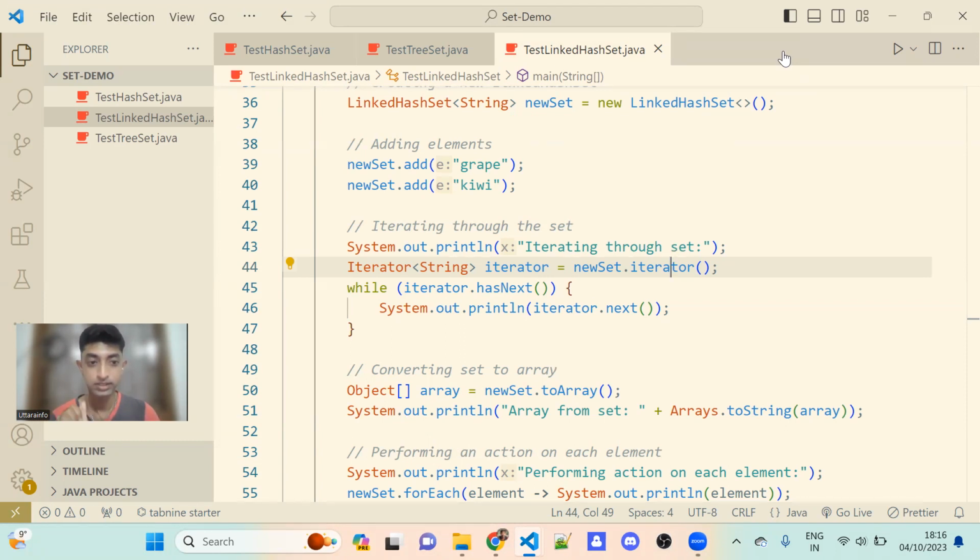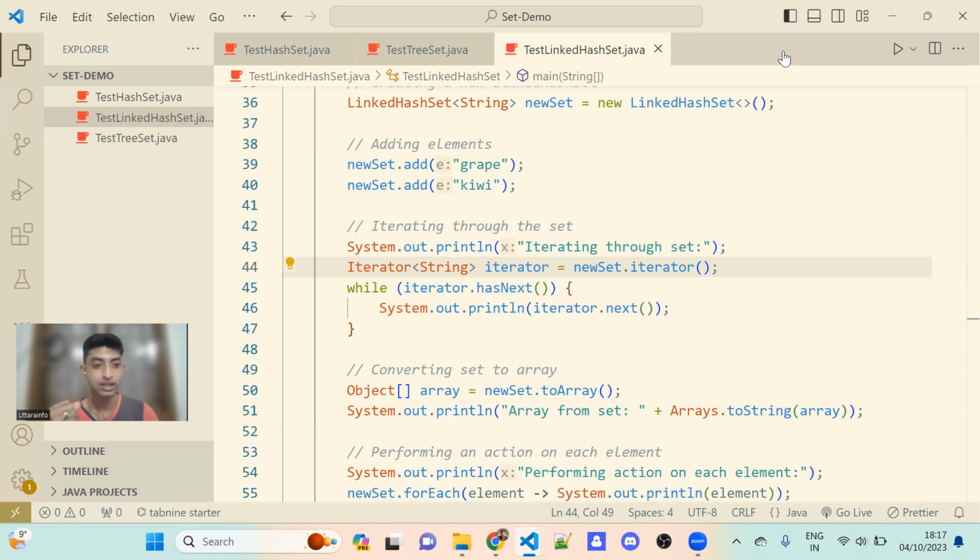List, Set, and Queue. Correct. So we saw the list, we saw ArrayList and LinkedList. These are the main implementations of List. These are the classes. List is an interface, Set is an interface, Queue is an interface, and also we have